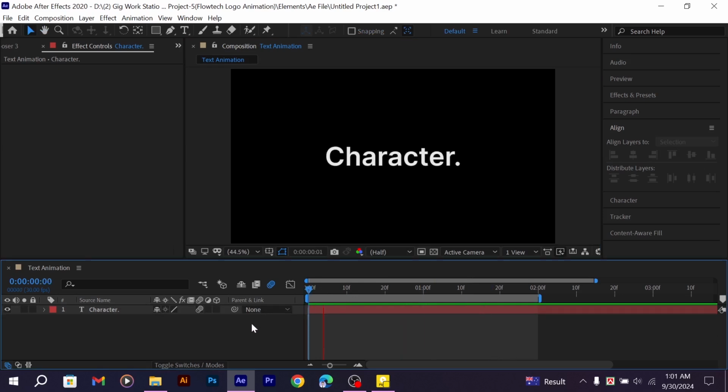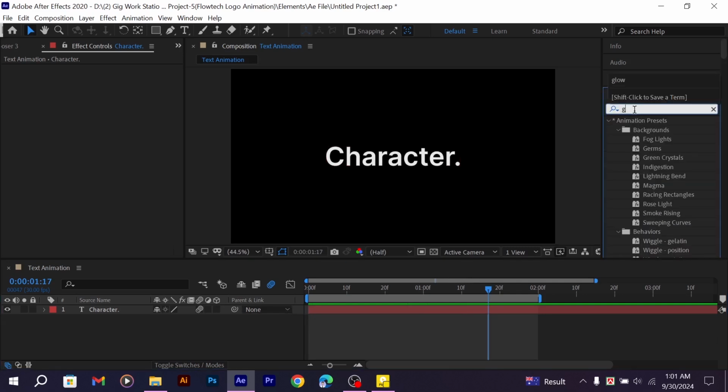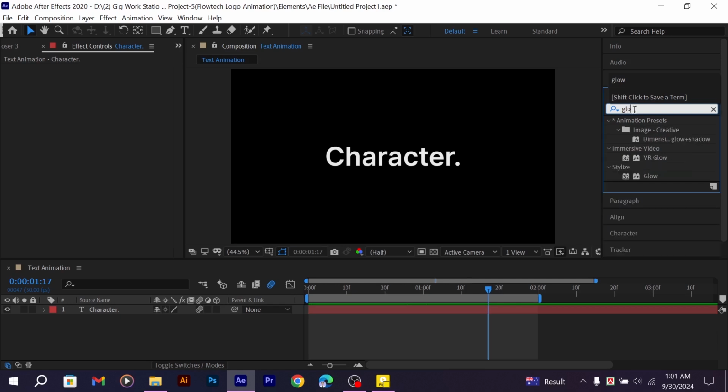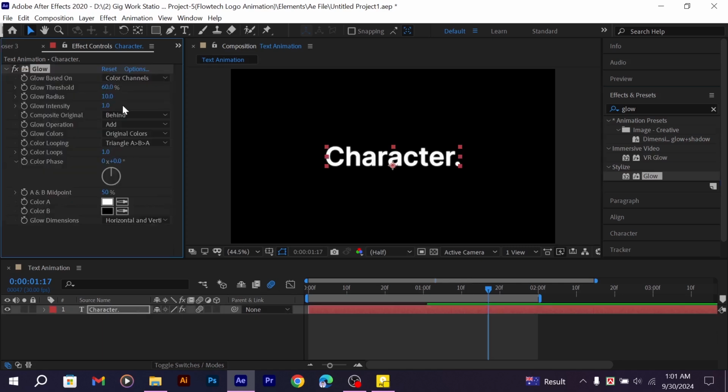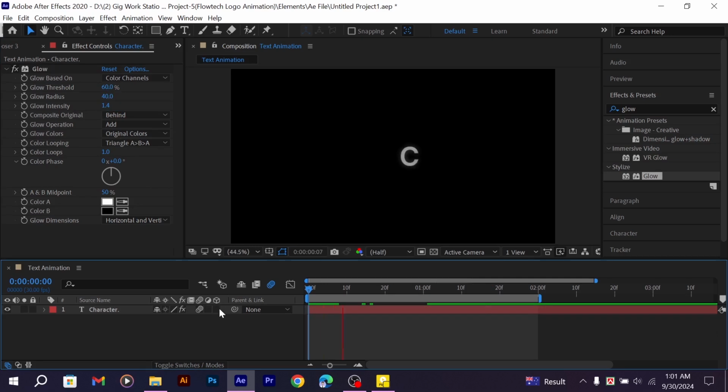To make the text more gorgeous looking, go to effects and presets and search glow. Click on the effect and drag it, release on the character. Now set the radius to, I said, 40 and glow intensity will be 1.4. Now if I play,